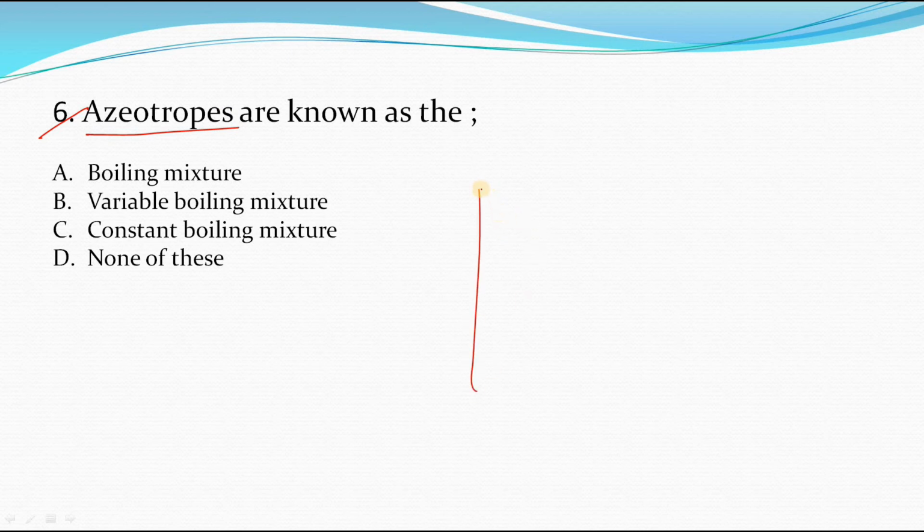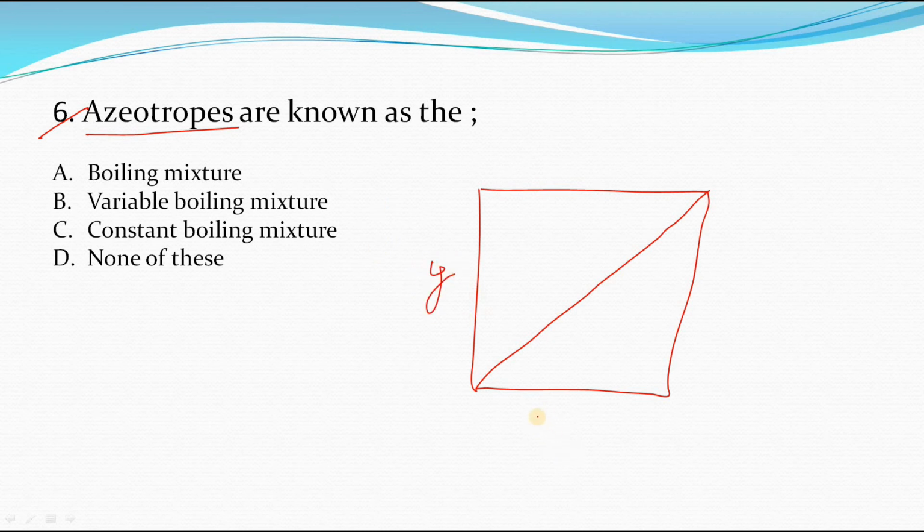This is my equilibrium curve. Okay, and this is y and this is x. Mole fraction of the more volatile component and mole fraction of the less volatile component. Now suppose the graph is like this, okay, then what is going to happen here? Suppose at this condition, if I plot the straight line,